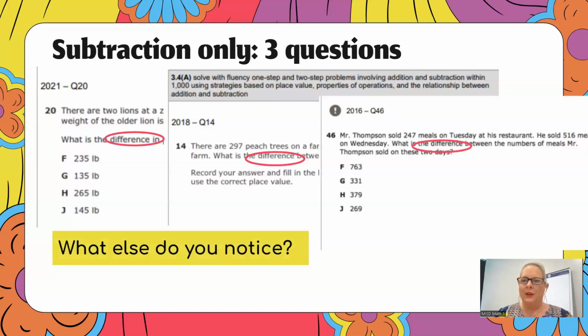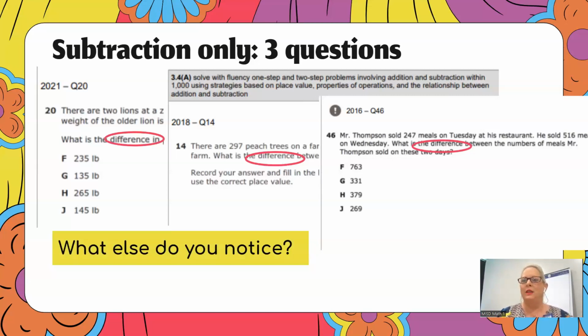And I'll be honest, I don't think I noticed this the first year that I did this. But one of the reasons we want you solving each one of these problems is so that you can look for where a 3rd grader might make a mistake. After solving them, one thing I noticed is on all 3 of these questions, they put the lower number first in the word problem and then the higher number. So I'm thinking 3rd graders see the first number. If they write it first, are they going to get the correct answer? They're going to be